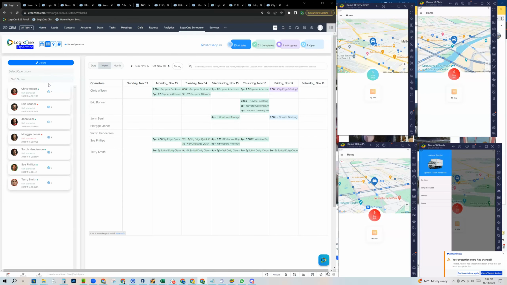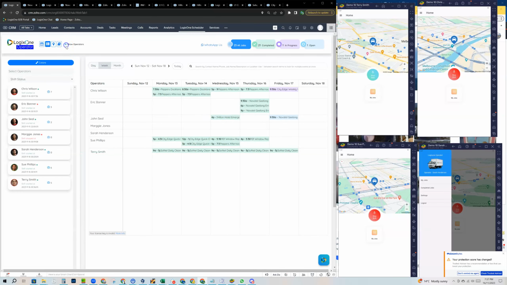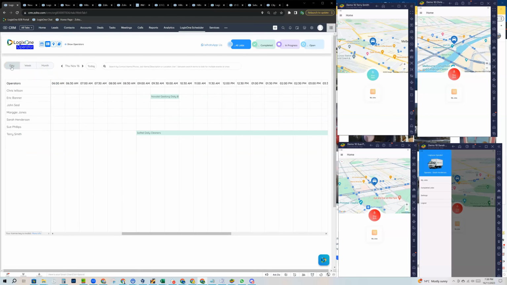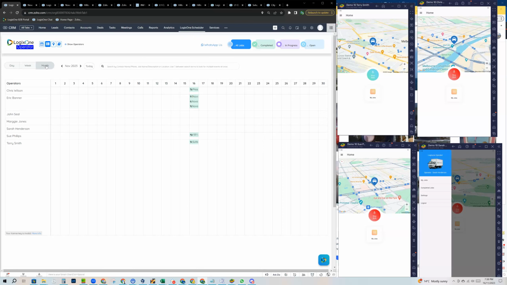And then in addition, what we can do is actually hide the operators now, the operator selection box here. So you might just want to be able to see the calendar. That's all you want to see. So you can do that. And if you wanted to, you could have this running on a big screen. So very quickly, how this works is you can see here's all of our jobs. Again, I can change from a day view to a week view to a month view,